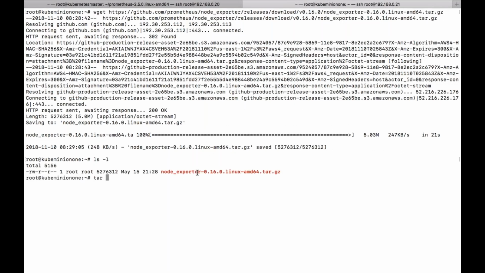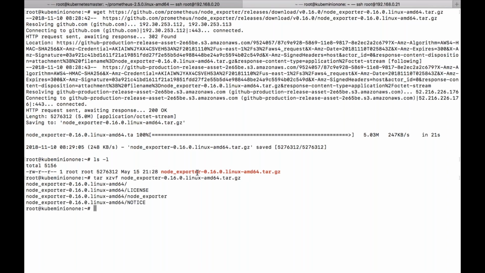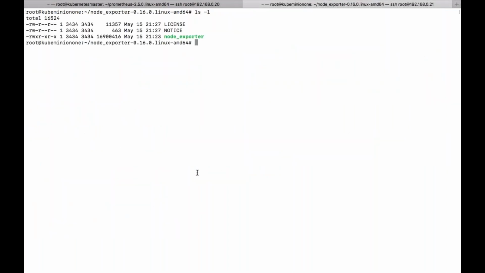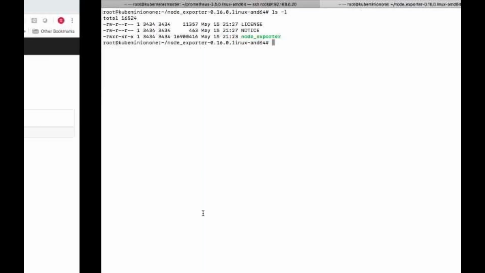Now extract it with tar xzvf. Now it got extracted, so let's go to the directory. Here I don't have anything else, it is just a direct script.